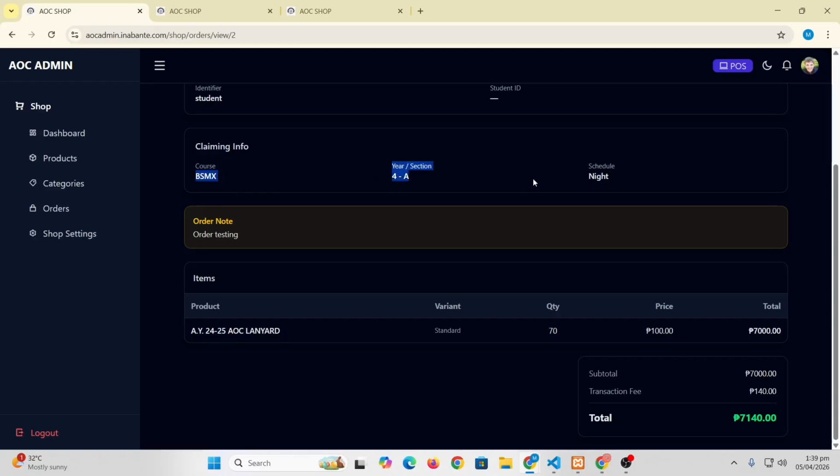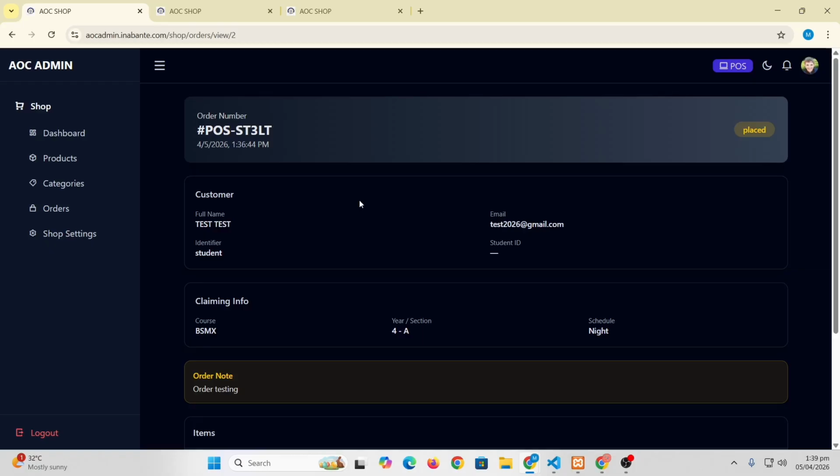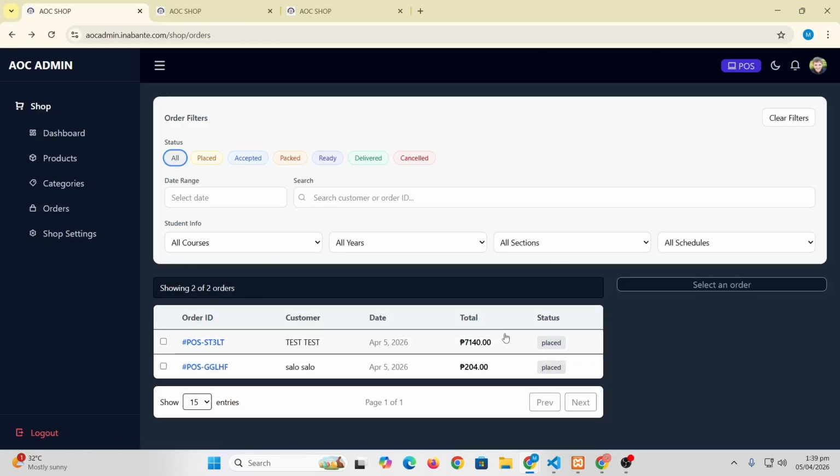We have BCMX for a night, and items ordered. So you'll see telephone lanyard, standard variant, quantity of 70, the price of 100. So total of 7,000 with a transaction fee of 140. So total payable will be 7,140. Okay, so that's for the orders.